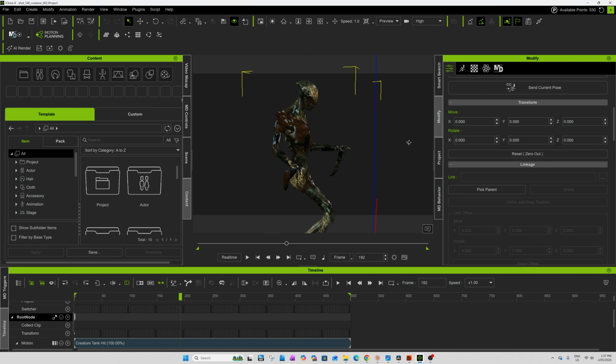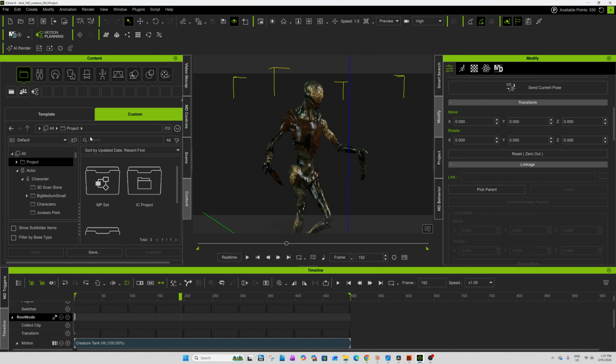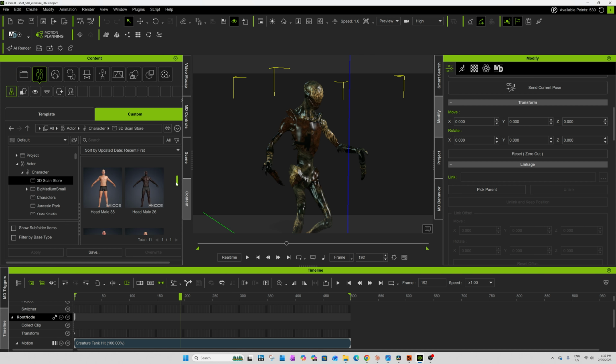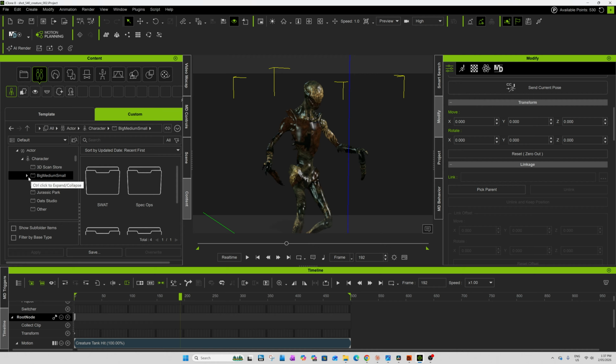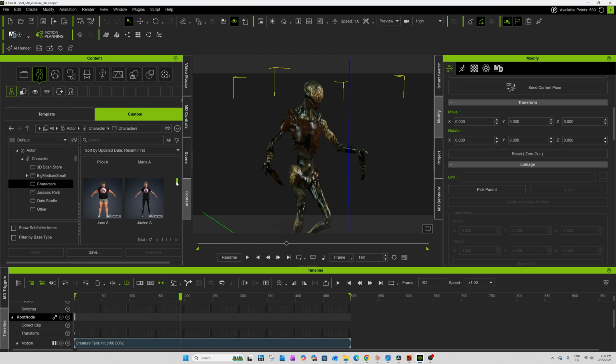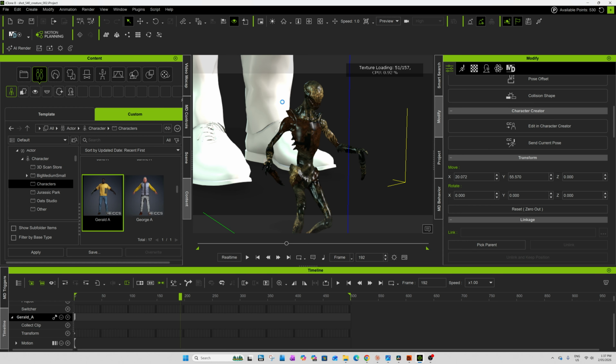I exported it as, in this case, Alembic with other characters, because I've created all the characters as well, all the hero characters. Any background character is a Reallusion crowd set, but all these, they're all created from face scans. So let me bring in Gerald.